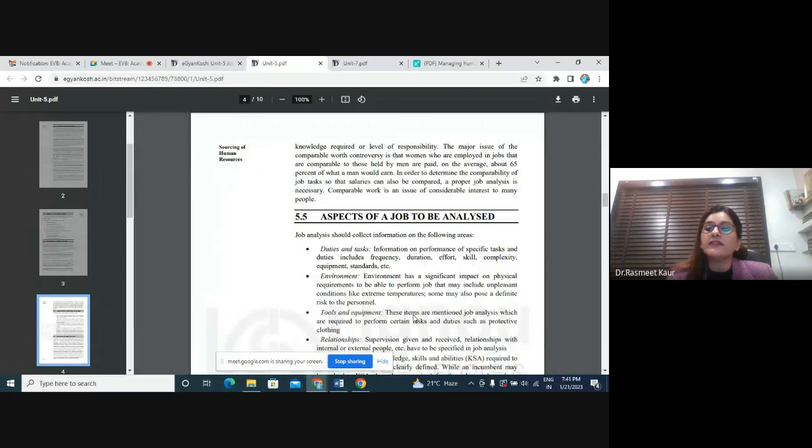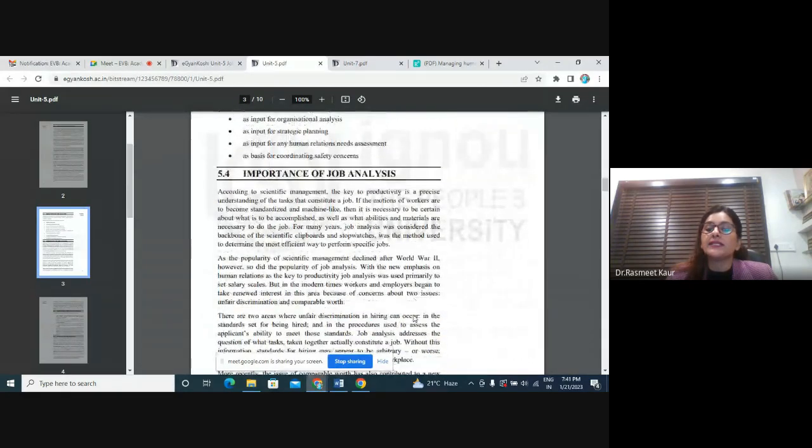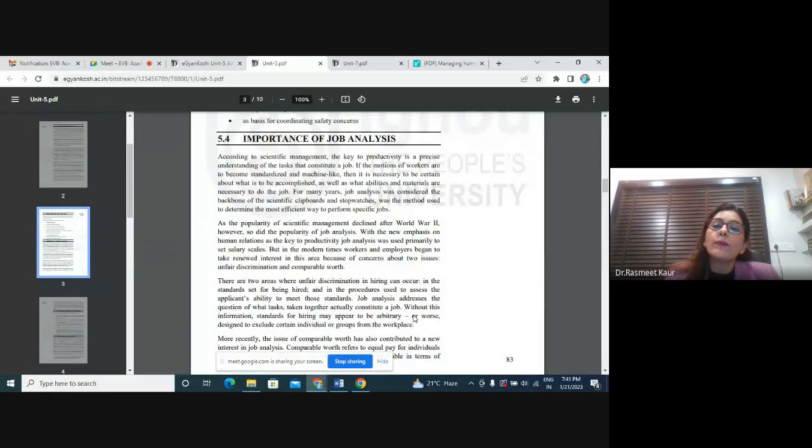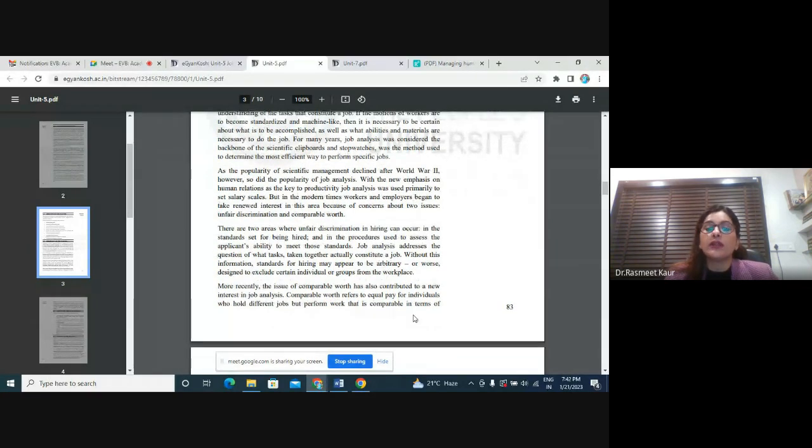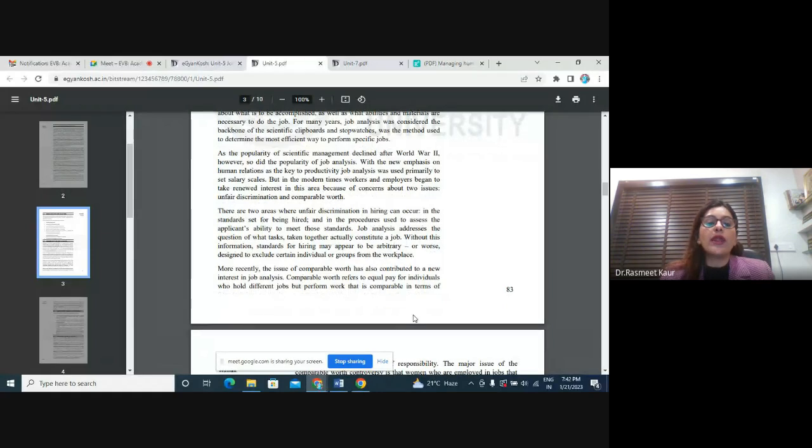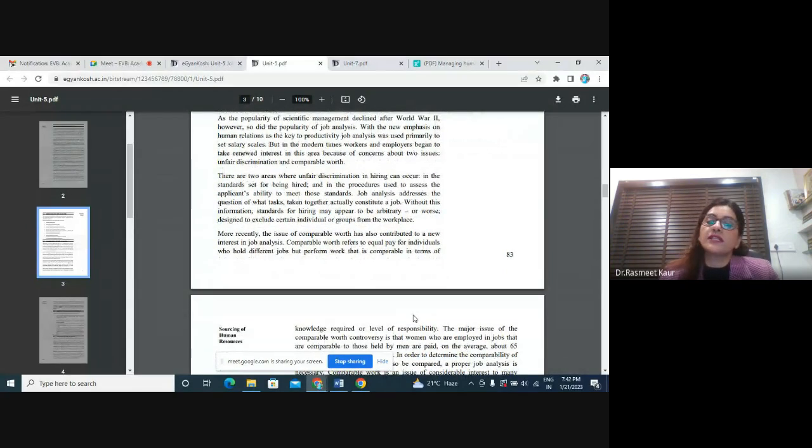That is why we say it is very, very important to do job analysis. When we do a proper job analysis, you do a proper recruitment, because it gives you clarity about what you are looking for. It gives you an understanding of what is actually required in the human resource whom you want to hire. If this step is done in a planned manner, then ultimately your recruitment process becomes successful.